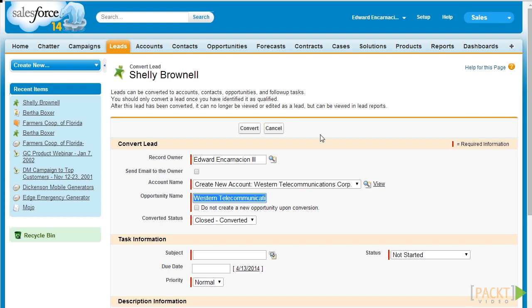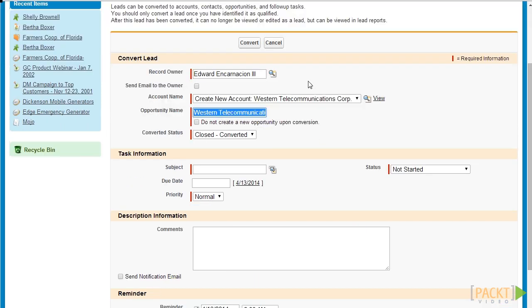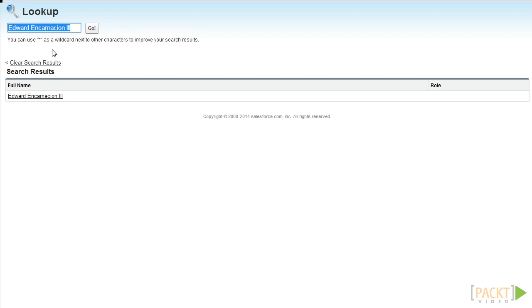So first, let's specify the record owner of the lead. What this means is that once it creates the three different objects, the selected record owner will be the record owner for all three objects, specifically the opportunity record, the account record, and then the contact record. So let's just change that to a member of our sales team. Let's see,